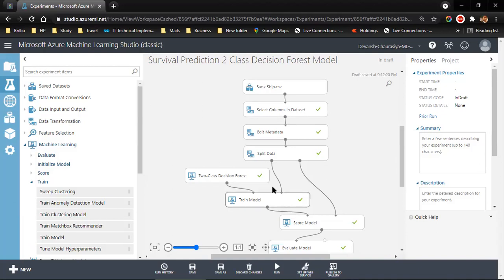Now, what we have to do is we know that our accuracy is good, but is there a way that we can actually increase the accuracy? So for that, what we can do is we can create another model. But to do that, let us not work on this. Let us keep it intact. And what we can do is we can create a copy of it. But before we do that, let us save it.